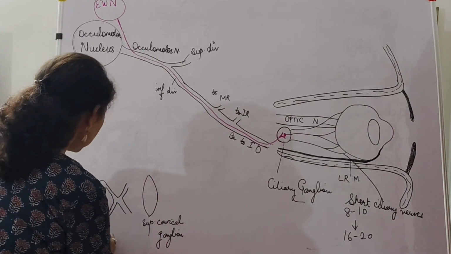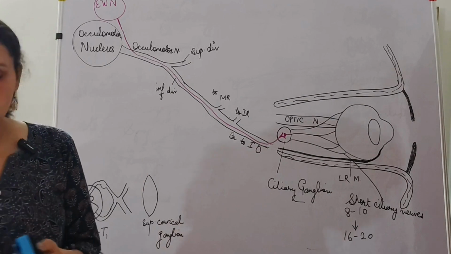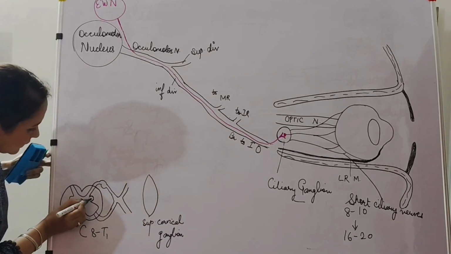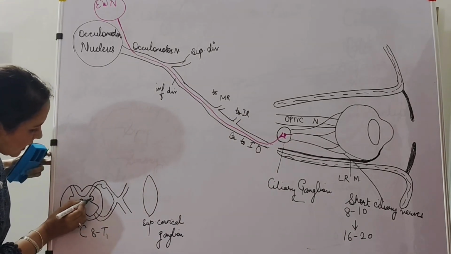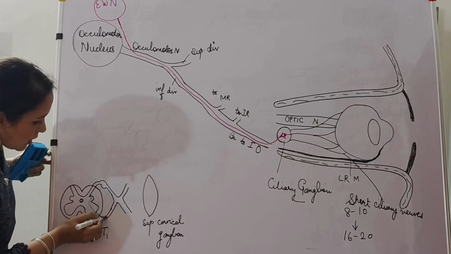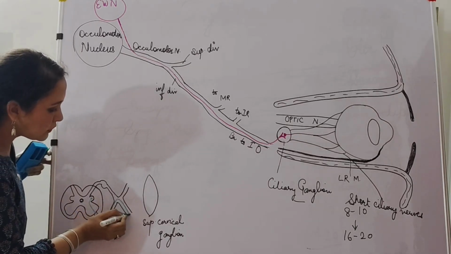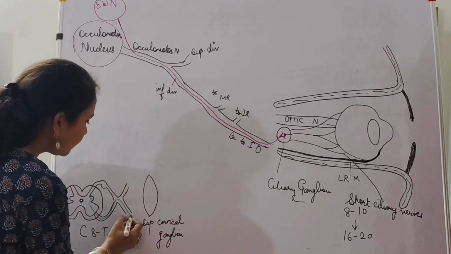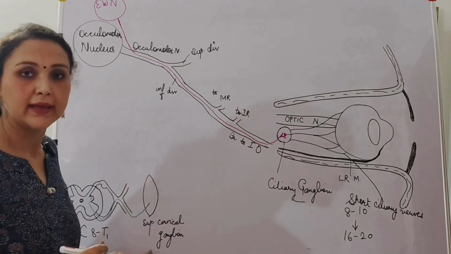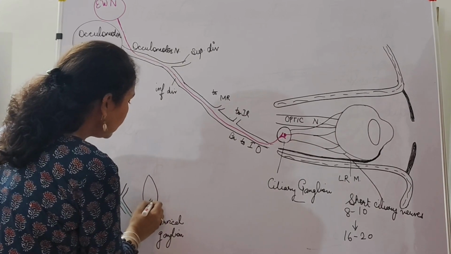Now, how will you draw the sympathetic root? The sympathetic root will start from the lateral grey column, and then these fibers will follow the ventral root and then along the spinal nerve. Then they will follow the ventral rami, and then leave the ventral rami and enter into the superior cervical ganglion, where the fibers will relay and then